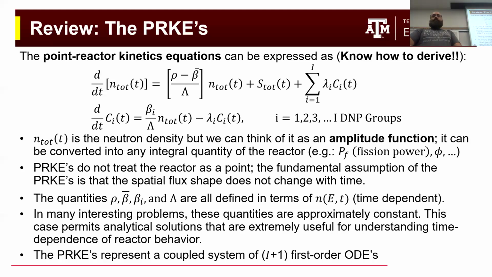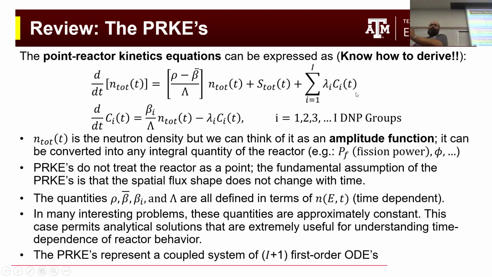So just a quick review of the stuff that we've been talking about over the last couple of lectures. We've been using the point reactor kinetics equations as our main model to describe the time dependence of nuclear reactors. Knowing how to derive the point reactor kinetics would be a good thing to practice for exam two. In this equation, N is the neutron density. But really, you can think of it as an amplitude function in that we can take these equations